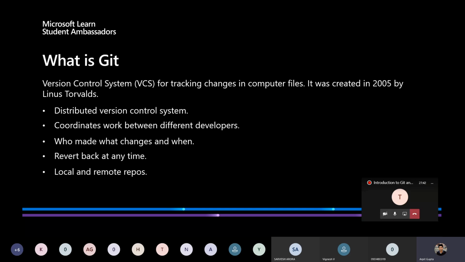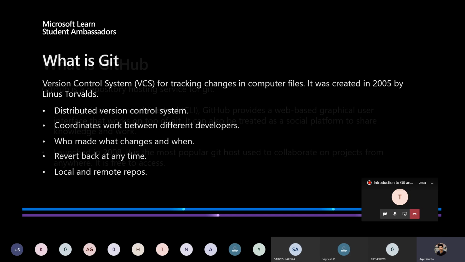You can even revert all the changes which you did at any time. You can restore a previous version. Also, we basically use Git for creating a channel between remote repositories and local repositories. Now don't worry if this all was intimidating to you. I will talk about this more in future slides.